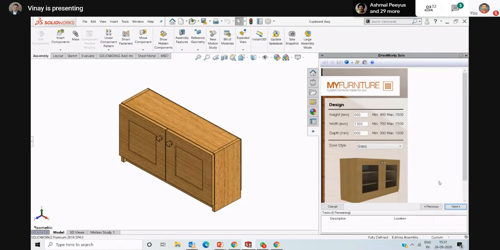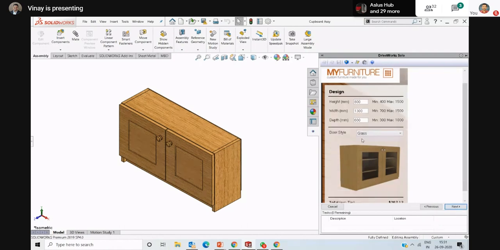Next I will go to the design details. The shoe rack should have length, width, thickness, depth, correct? First of all, height, width and depth. I have already set a minimum of 400 and a maximum of 1500.